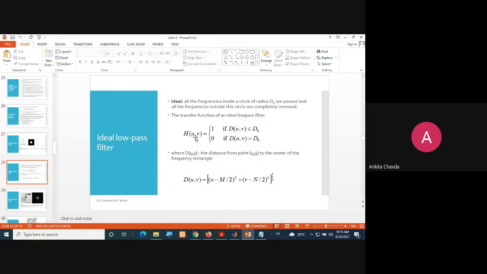You know this function: h of u equals 1 if d of u is less than or equal to d0. But how will you find this d of uv? You can find d of uv as u minus m by 2 square plus v minus n by 2 square, raised to 1 by 2, meaning under root. So this we are finding.